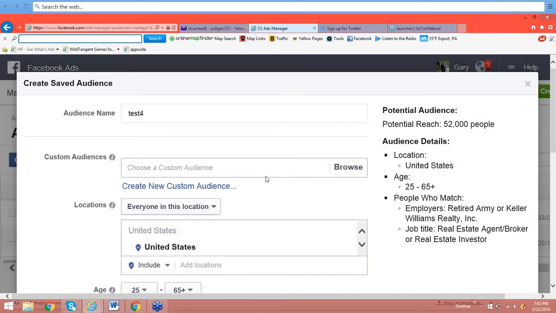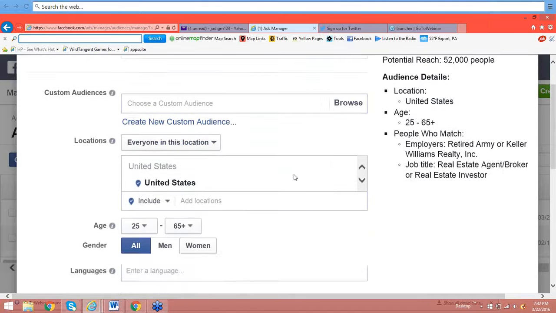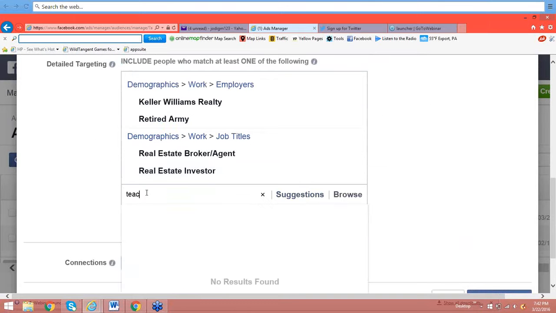Keep going. I'm sorry. And then also, if you look up top where it says potential audience, each time I would pick a new audience, the number would either increase or decrease. So that's very important too, to see, okay, there's a potential reach of 52,000 people. If that's not the number you're looking for and you want to go to 100,000 people, then you may want to add in down here, like Gary said, maybe teachers.